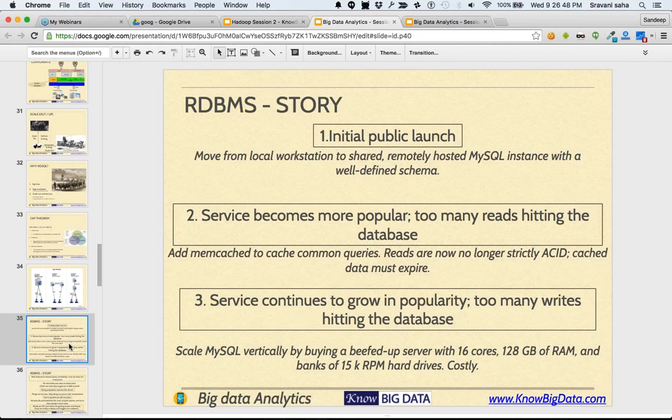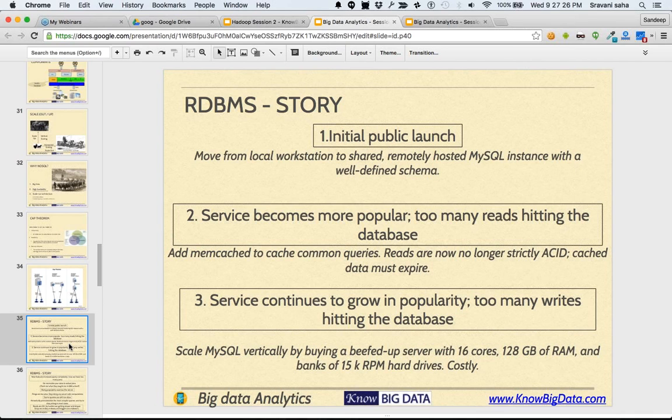So a system like memcached, which caches the database data, you add that kind of servers, and whatever the common requests are, we start caching those. If you are from software development management, you will know that caching is the first knee-jerk reaction. So the service became popular, and you realize that lots of requests are directly going to the database. Instead of letting them reach the database, the common requests you have cached in memcached and let memcached serve it.